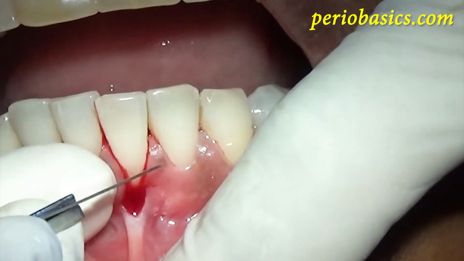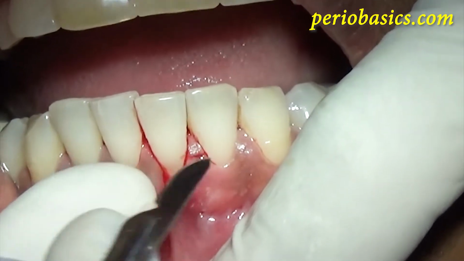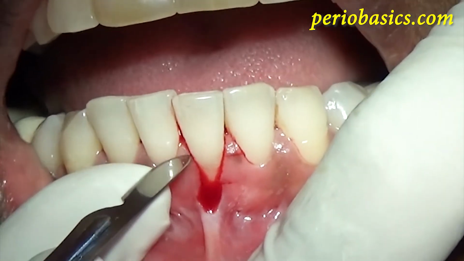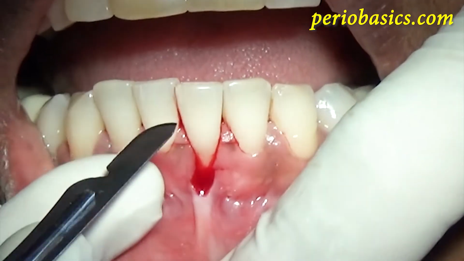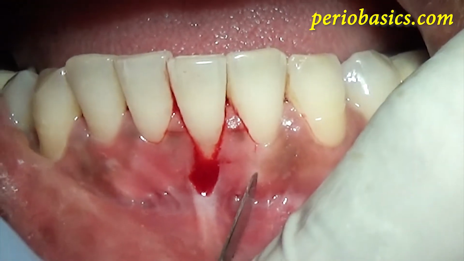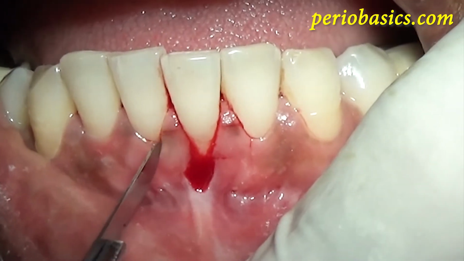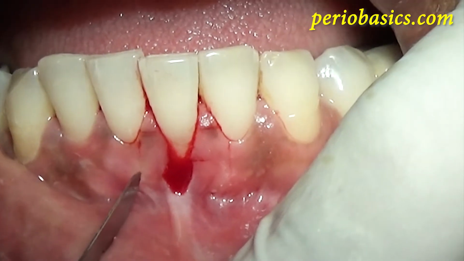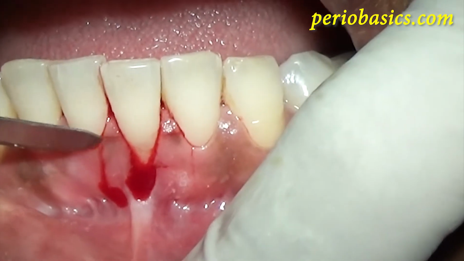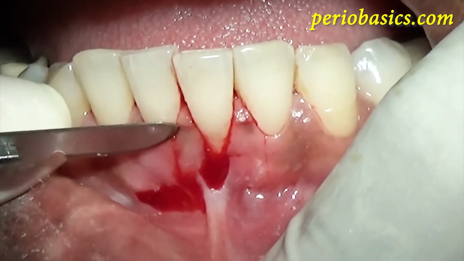Now coming on to the incisions, you can see that the incisions are placed at the level of the cemento-enamel junction of the tooth, leaving the papillas intact, and then vertical incisions are placed in a trapezoid shape. According to Zucchelli, the incisions should be placed almost 3 mm mesial and distal to the margins of the recession, and apically it should extend almost 4 mm from the apical end of the recession.